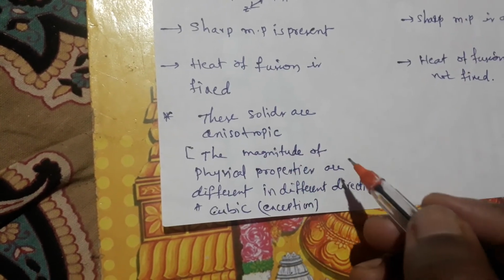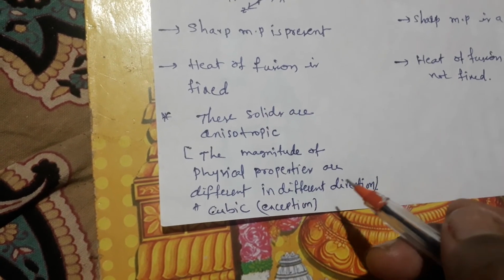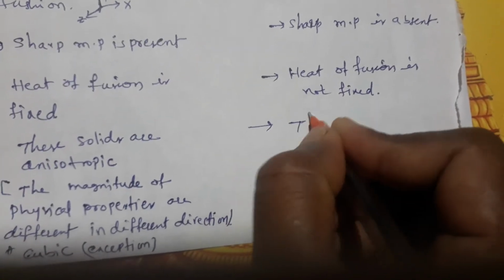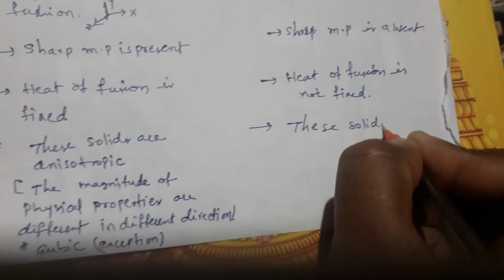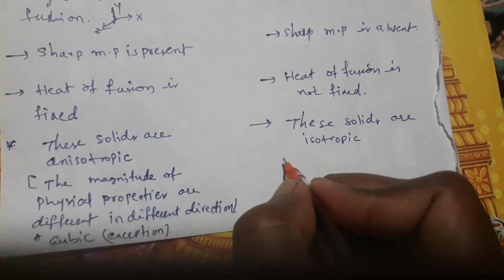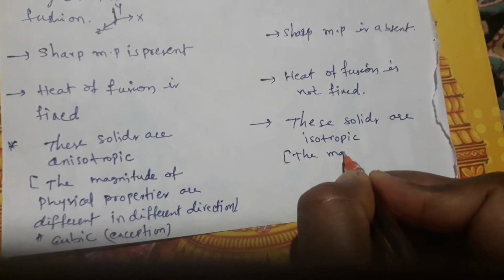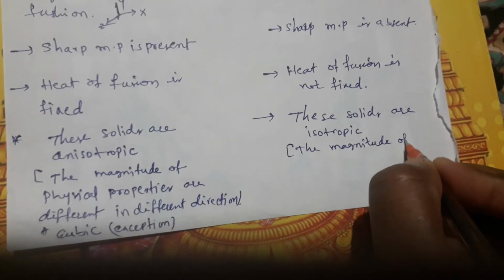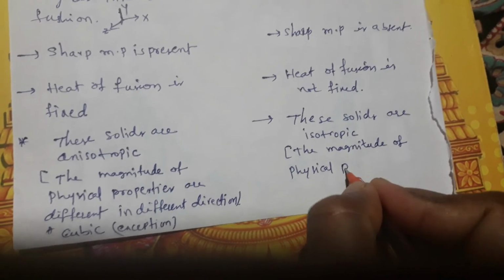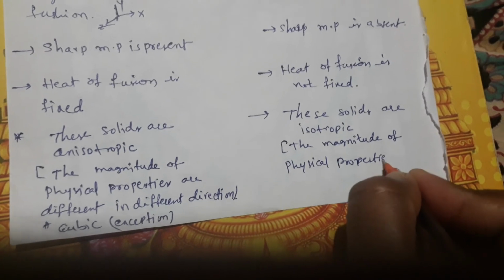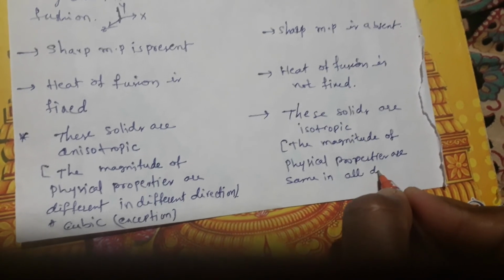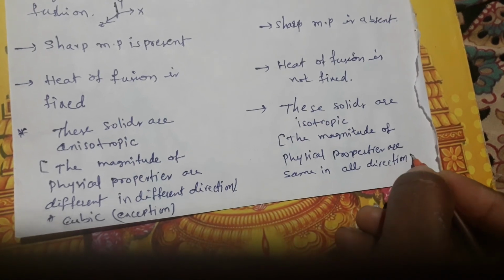Means they show different magnetic and electric properties in different directions. In different directions they show different physical properties. Next thing is here the solids are isotropic. That means the magnitude of physical properties is the same in all directions. So this is about